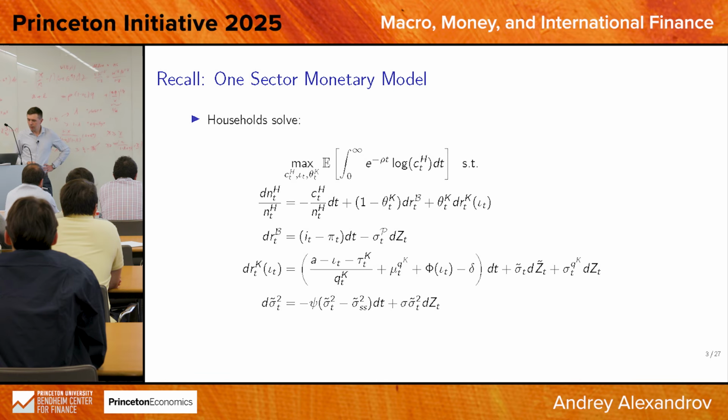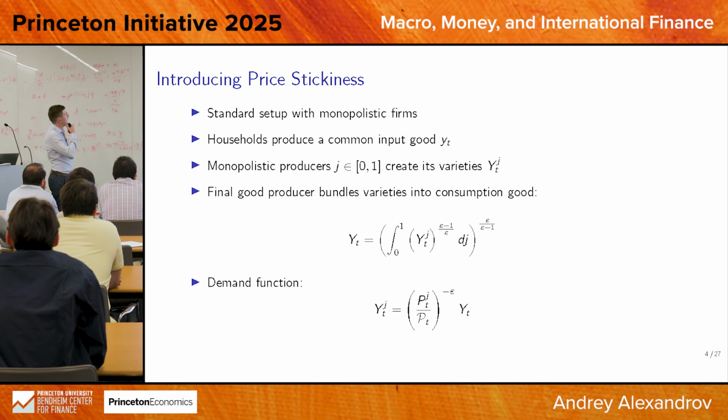OK. So now the first thing that we want to add are going to be sticky prices. And that is going to be relatively standard with a couple of differences from the sticky prices that you have probably surely seen in the textbook New Keynesian model. The one difference, this is going to be continuous time. Second difference, we're not going to have labor,